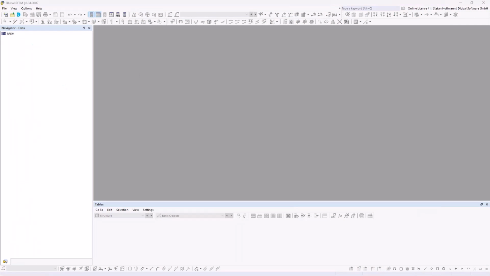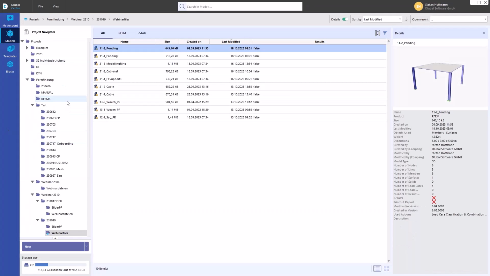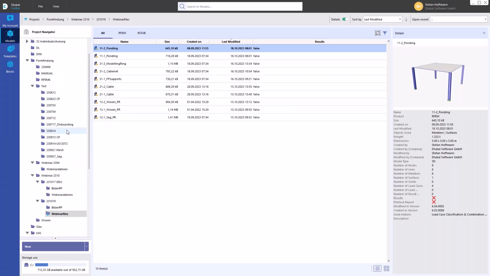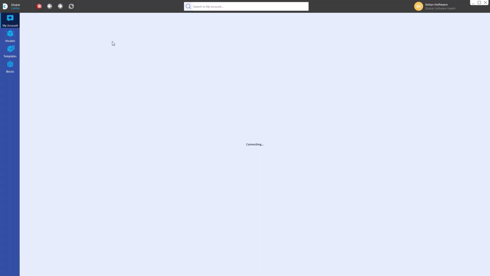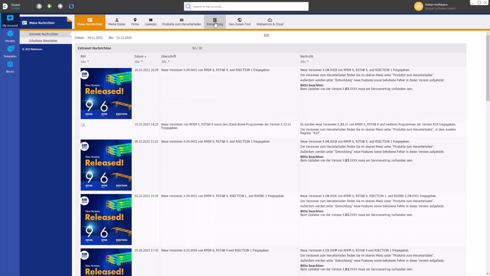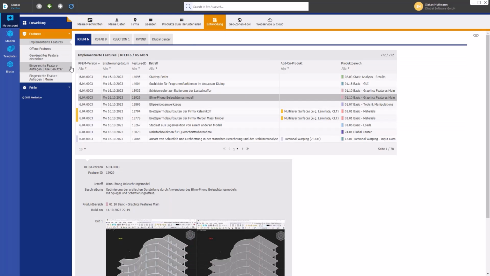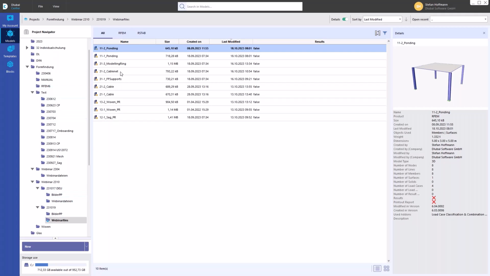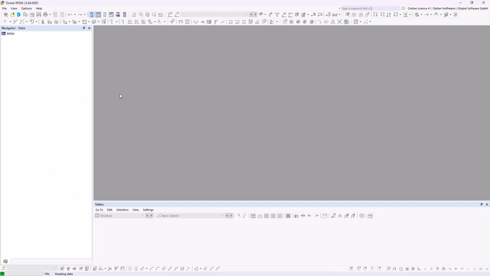So I'm going to the Dlubal Center, and as you can see, maybe if you already used the project manager in RFEM 5, you can quite easily also filter your projects like this, which are on the normal local storage. You can as well enter your account. Maybe I quickly show this and also check in. Well, it's now the German interface because my account is a German account. Go into the development, and this is the place where you can find features and also bugs if they are corrected. I will now load my next file, and this is called cable,